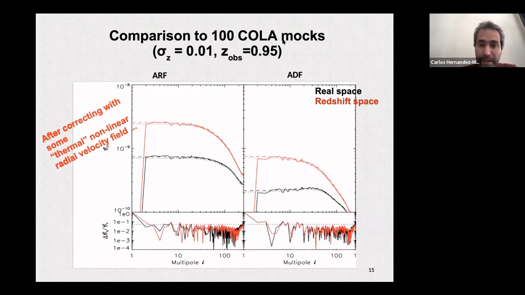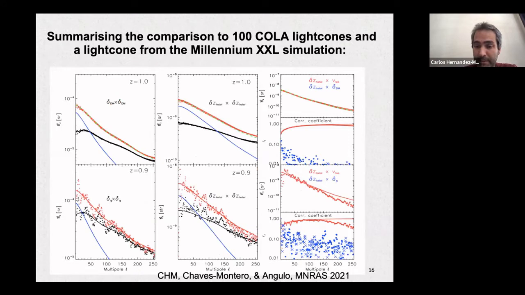Okay. And then this is the plot from the paper. The important thing is that you can also compare to the Millennium XXL, which is the bottom panel here. It is just one single simulation, and again, red is when you consider the velocities in redshift space. Black is if you switch off velocities in real space, and the solid lines are